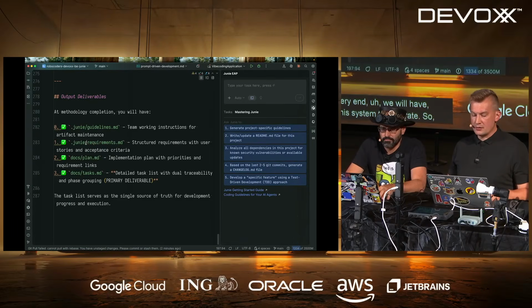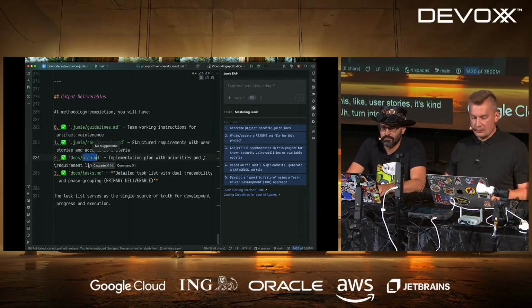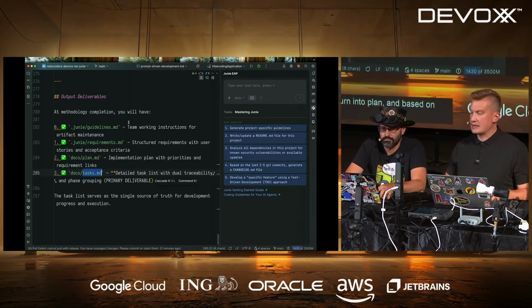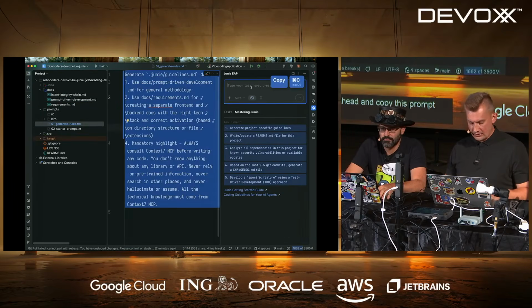Based on the requirements, we want user stories, which are tailored requirements that will be turned into a plan, and based on the plan, we will generate the tasks. That's the process IntelliJ IDEA would go through. So I will go ahead and copy this prompt here, and it will start working.